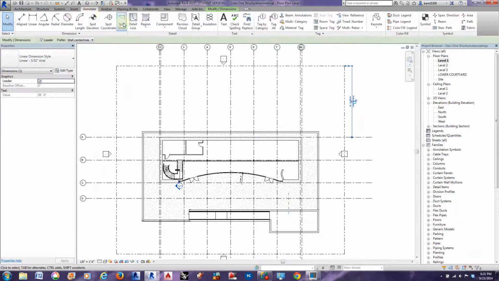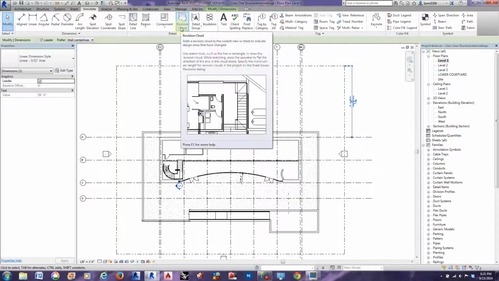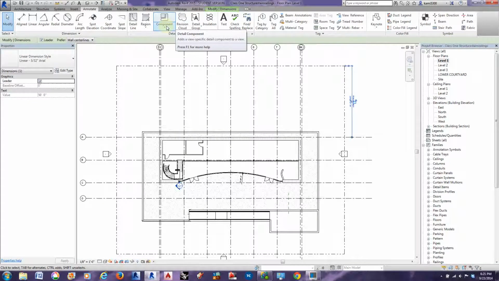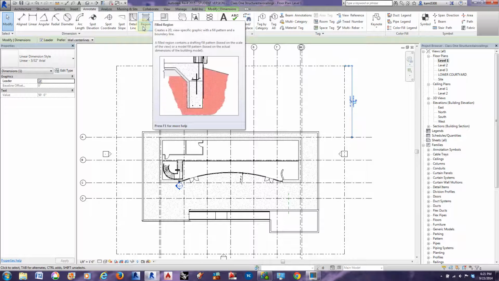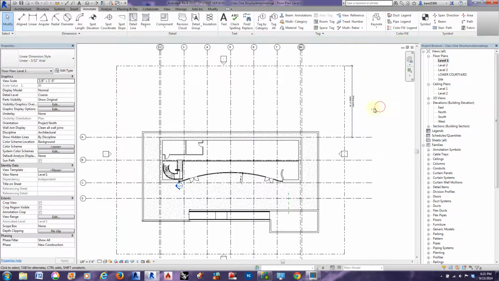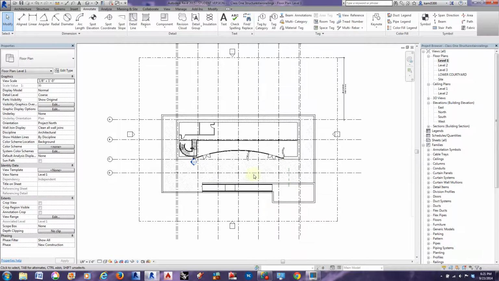Back to the annotate tab. Revision clouds, you'll never get into using those. It's in school, so we're just not going to talk about them. But they're pretty cool. And insulation we've talked about a little bit in a section, and same with the detail lines and the regions and components. We've kind of briefly touched those in the stacked wall tutorial about how you can add detail to your elements. But let's just go ahead and cut a section through the building, a